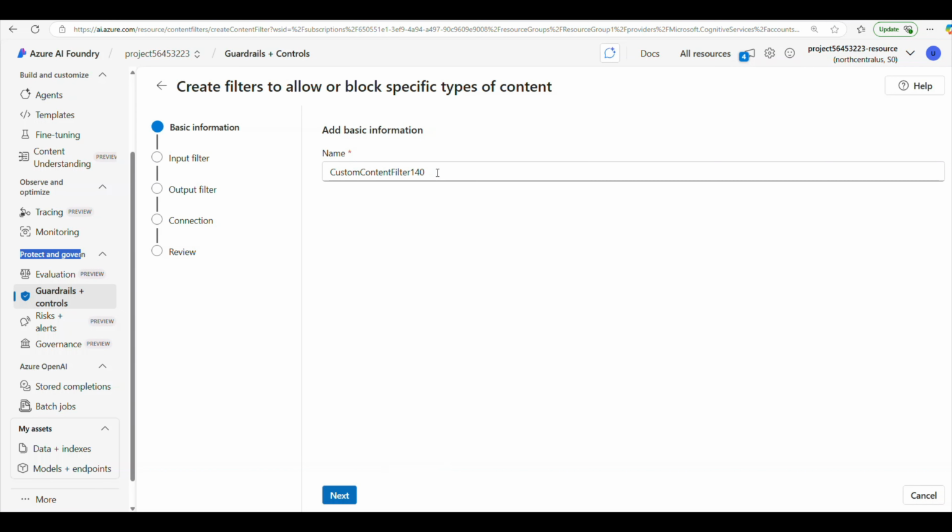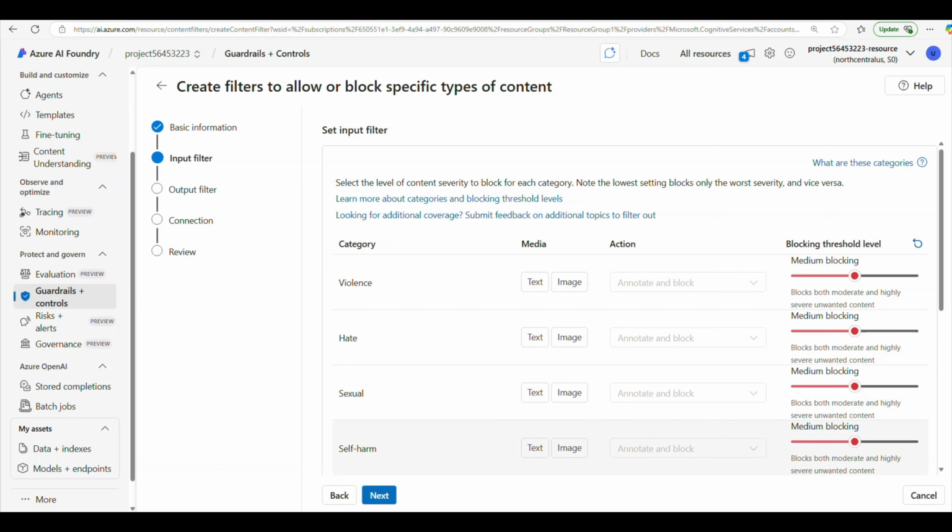So now give a name for the content filter. For me, I'll just give content filter 01. Then click next. Then it's coming to the input filter here, and if you check here, you can see that